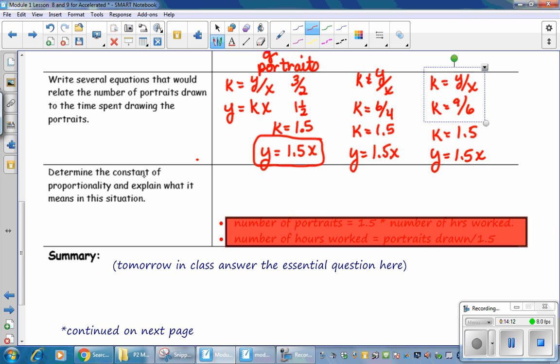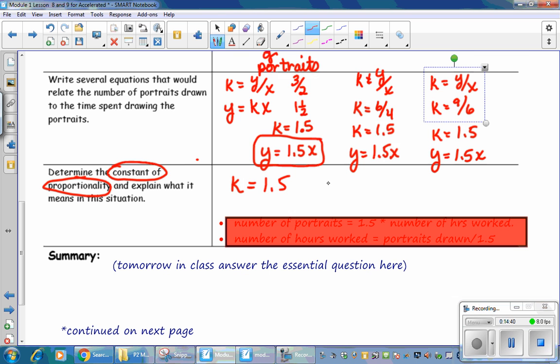So it says determine the constant of proportionality and explain what it means in this situation. Well, we've already determined the constant of proportionality, but let's write it again so that you know what it is. The constant of proportionality is 1.5. And what it means in this case